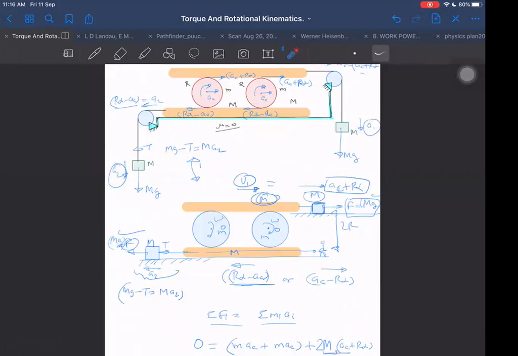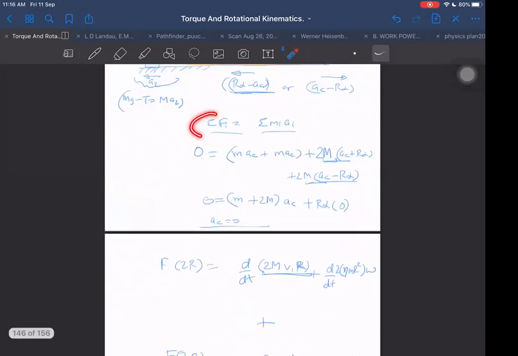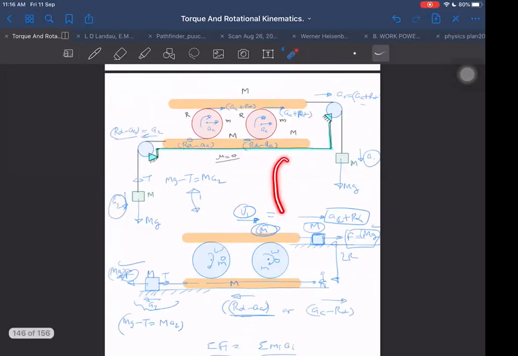Mostly we should write accelerations in terms of angular acceleration wherever it is possible. For AC, I had no such relation, so I wrote it as AC only. Otherwise, I should write almost in terms of angular acceleration alpha. So we could write this in terms of angular acceleration, this in terms of angular acceleration. So the things became so easy. And one equation we wrote, and yes, this also made it easier.